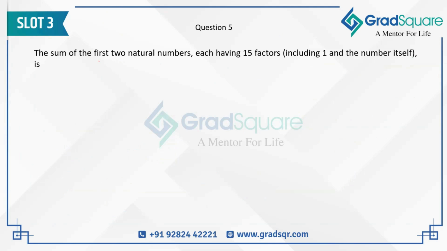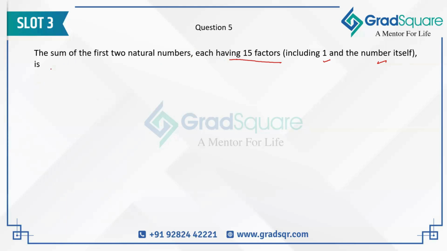The question asks for the sum of the first two natural numbers, each having the factor 15, including 1 and the number itself. Now we need to understand what they are talking about with the first two natural numbers. It effectively means the smallest natural numbers that they are talking about. Now, if you have to look at the smallest possible numbers that have 15 factors,